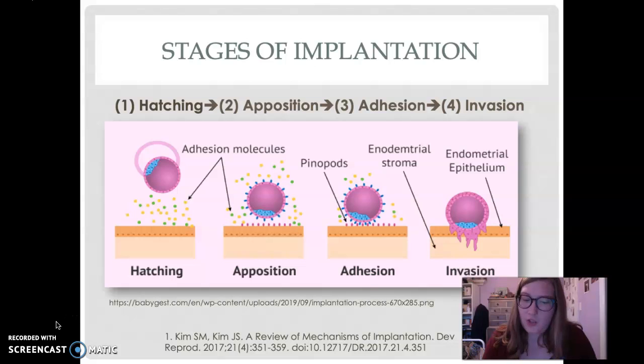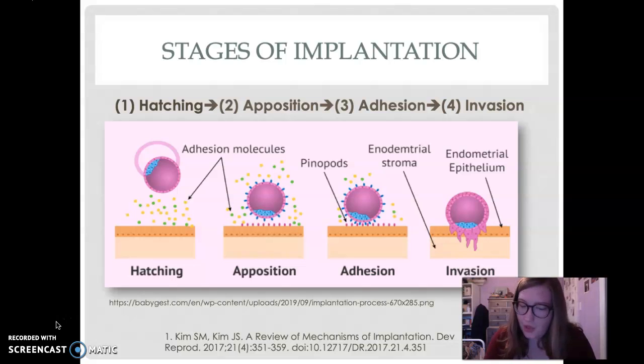The next stage is called apposition, during which the blastocyst loosely contacts the implantation site in the endometrium of the uterus. This site is typically located in the upper and posterior wall in the anatomical mid-sagittal plane. This step is mediated by an increase in a specific type of prostaglandin that functions to regulate trophoblast invasion, activating other signaling proteins. Finally, during this process, the blastocyst differentiates into an inner mass of cells that will eventually become the embryo, and an outer layer that will become the placenta called the trophectoderm.